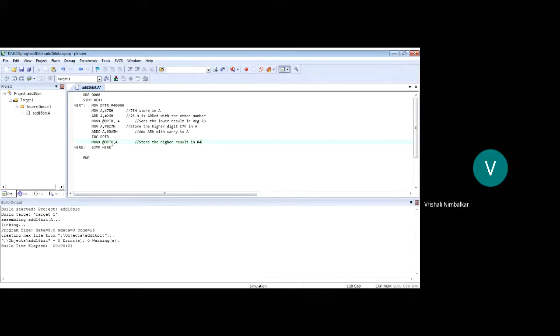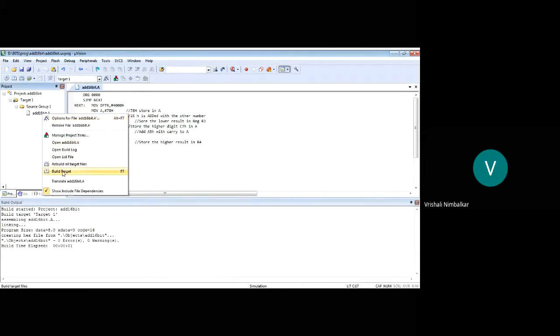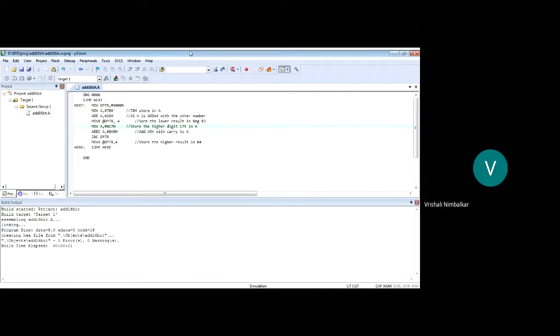Okay, so remember, students: external RAM, indirect addressing, MOVX, and DPTR is a pointer. It means whatever address you are storing or reading should be stored in DPTR first. MOV DPTR, # should always be done. Correct? So store the address in DPTR and then use DPTR. Okay. So let us see whether the program is correct. Build the program: 0 errors, 0 warnings. Debug, start.